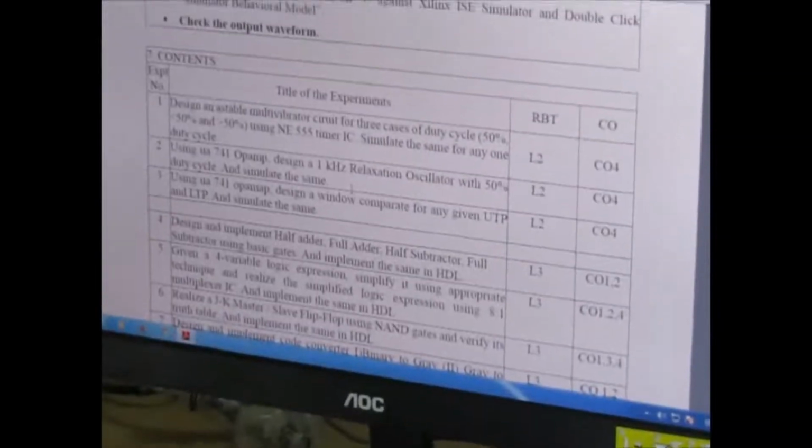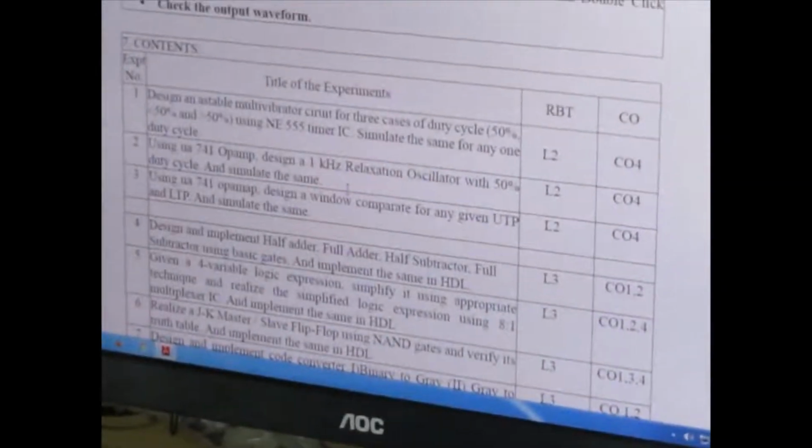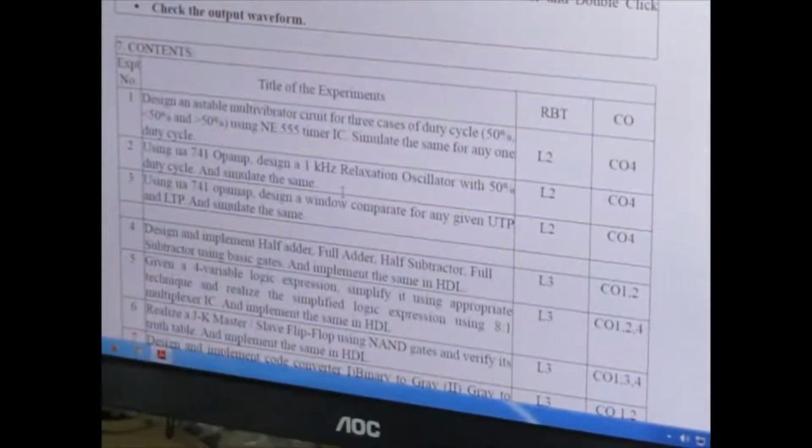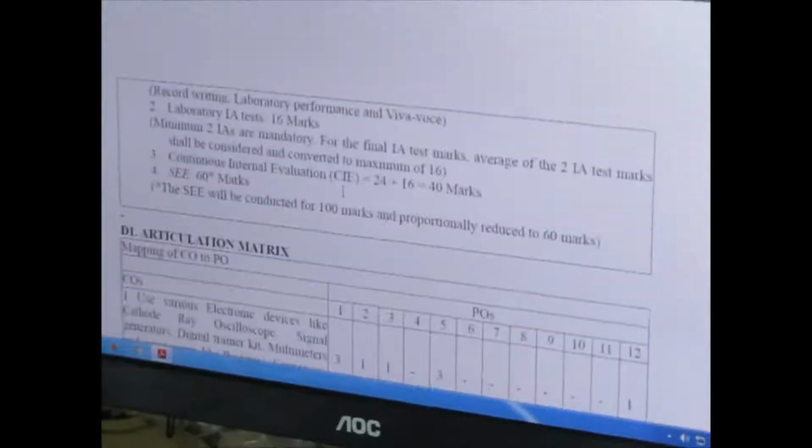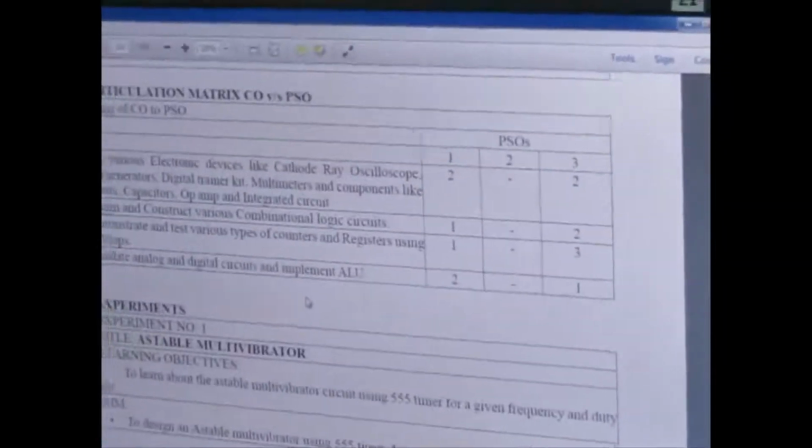We will see the usage of the cathode ray oscilloscope, and how we can rig up the circuit on the breadboard and apply the potential to it so that we can see the waveform on our CRO. Fine. So as you can go through this